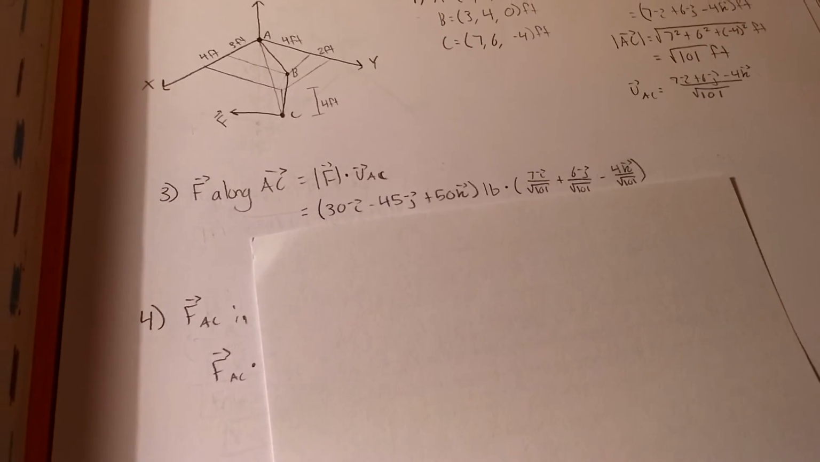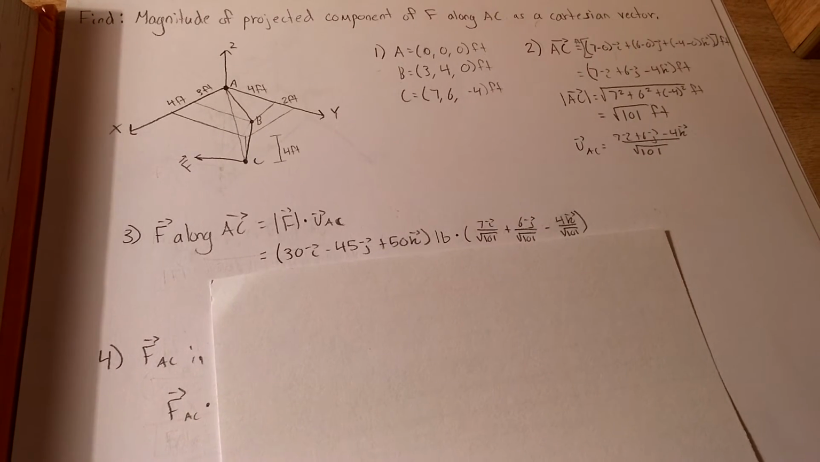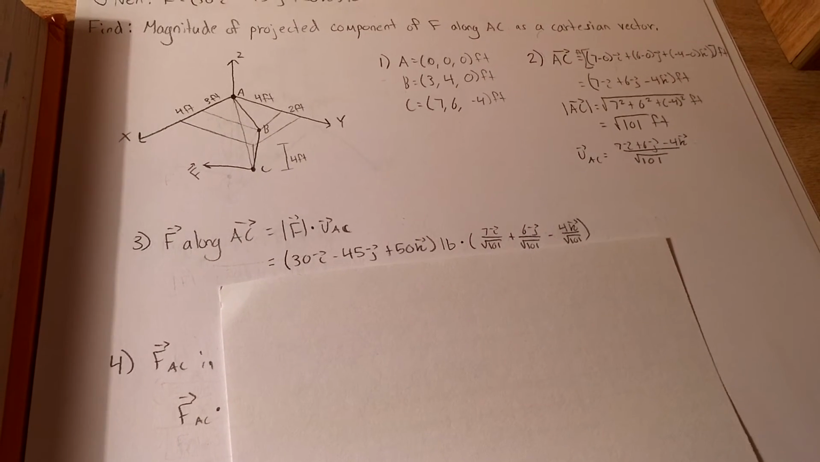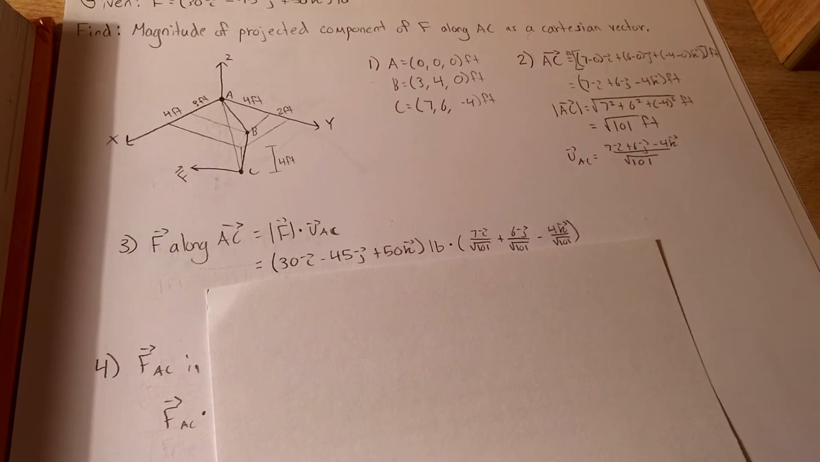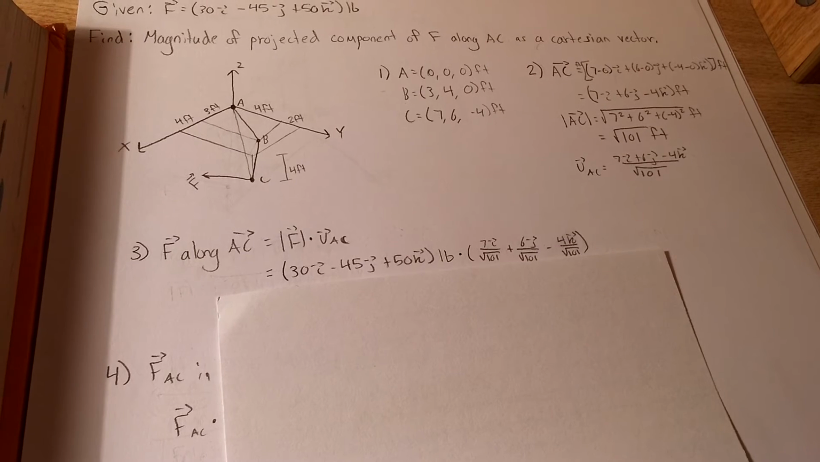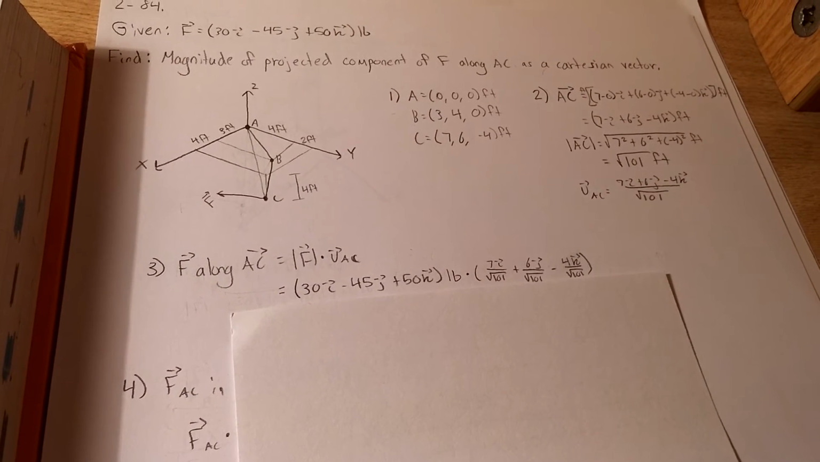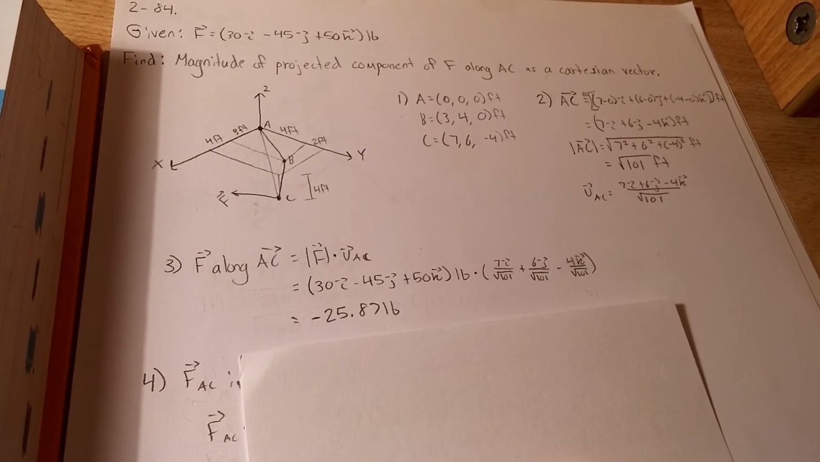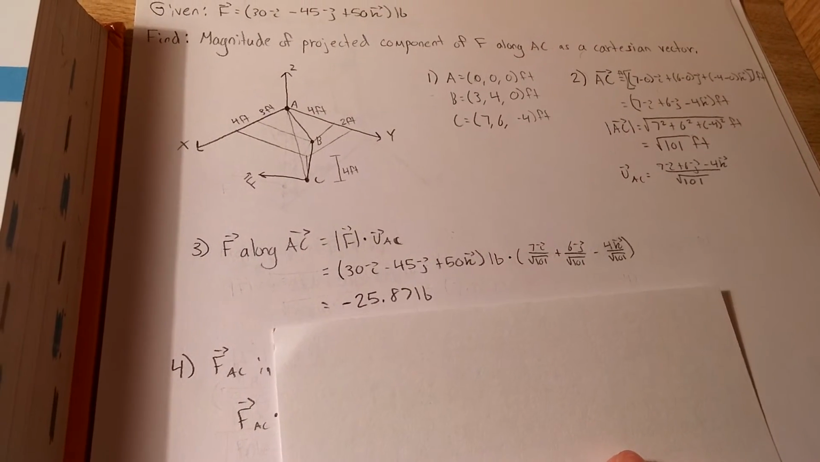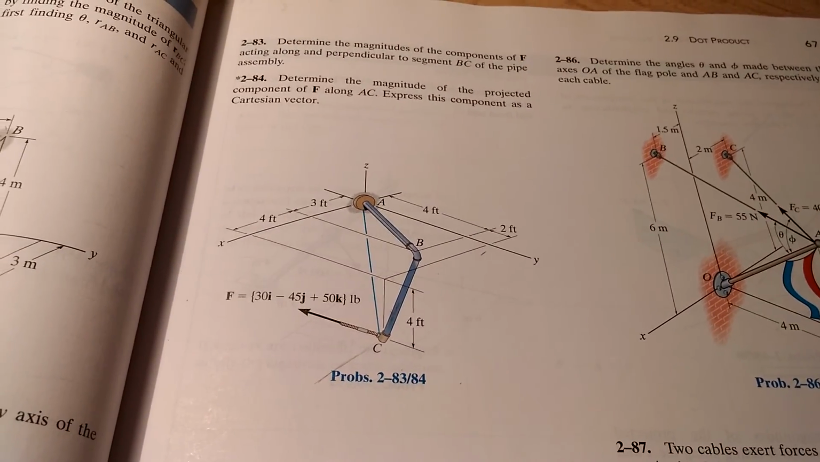So to find the force along AC, it's going to be as simple as 30, which is the i component of our vector, times 7 over the square root of 101, and then negative 45 times 6 over the square root of 101, and then 50 times negative 4 over the square root of 101. That's going to end up giving us negative 25.87 pounds. Okay, so we found our projection of F along AC,